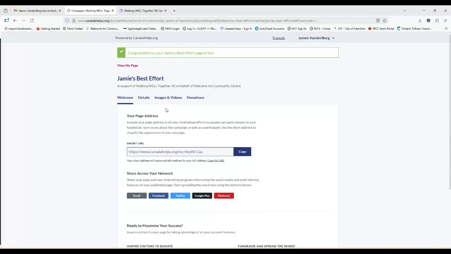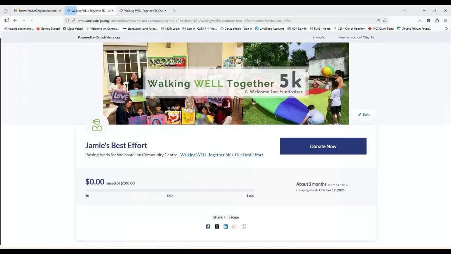Now, before we explain how to customize your fundraising page, I'm going to show you what the default looks like. So up here at the top, there's a View My Page button. If you click on View My Page, you will see what the standard is. It has my name because I already entered that. So my fundraising page is Jamie's Best Effort.